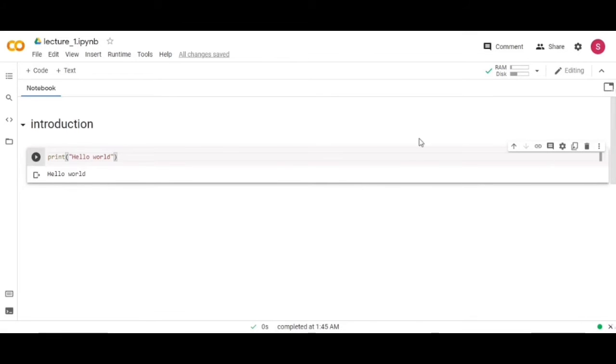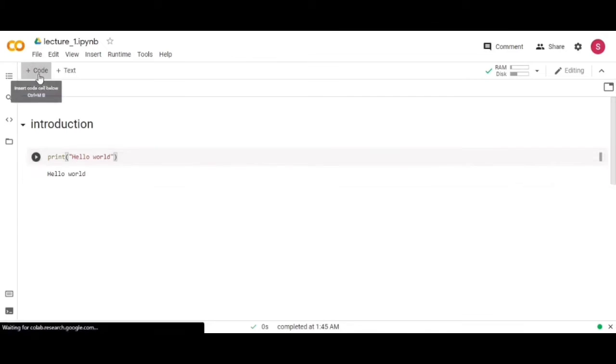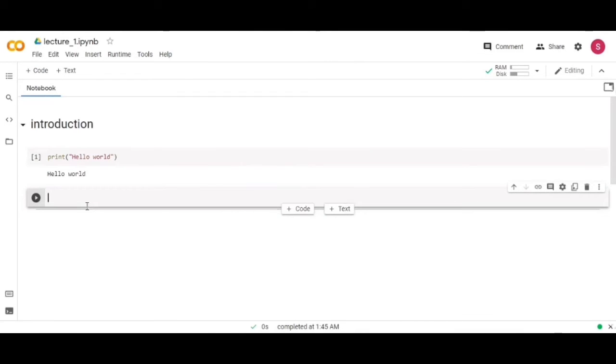For the next cell, you can click code, or I just write print 2 plus 3, and I can run it with shift plus enter or control plus enter.